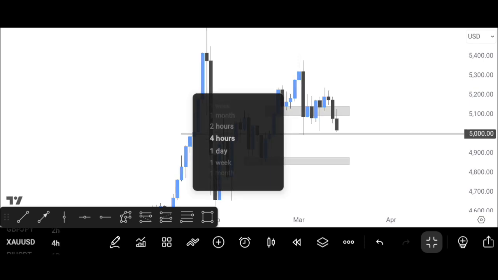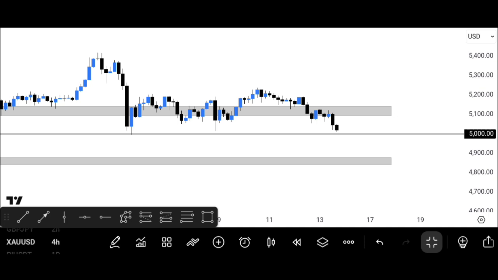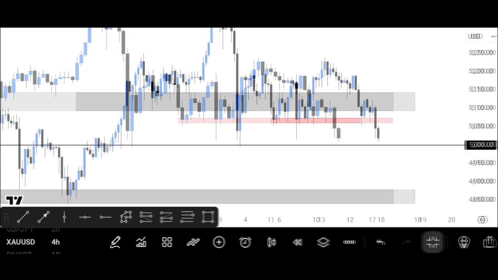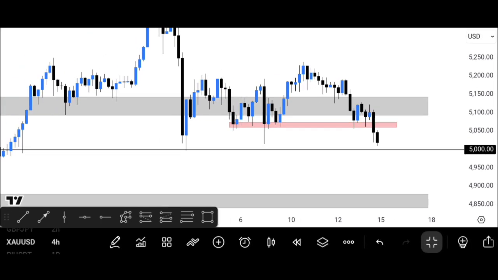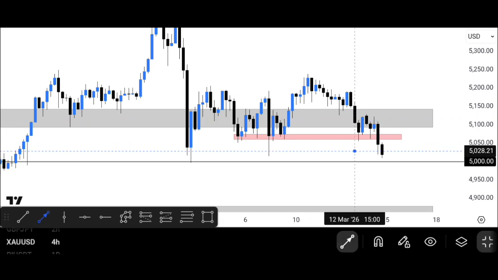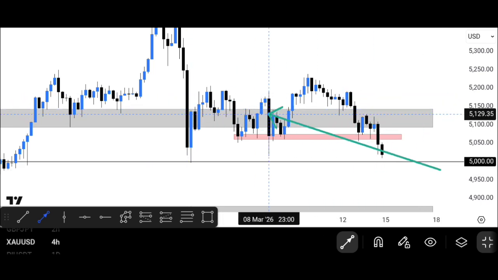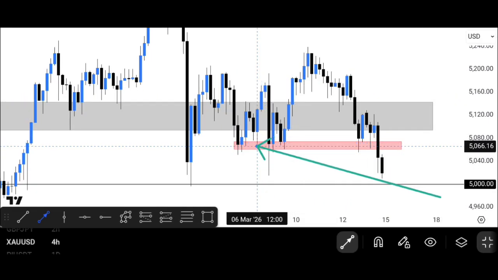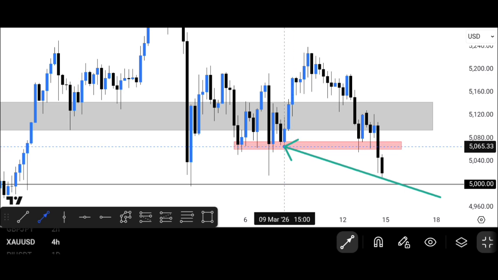Now, since we know that we are bearish, what we are looking for are lower high zones from which to ride the trend. Lower high zones are the continuation points where price usually continues the trend. Now, since we are on the 4-hour time frame, the potential lower high zone that I see is this structure point here. If you look at this whole structure, you see that this was a higher low, right? This was a higher low too.